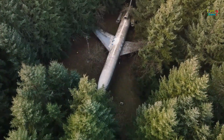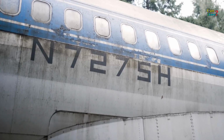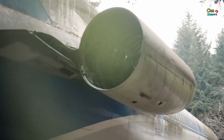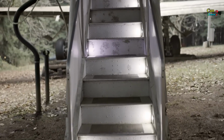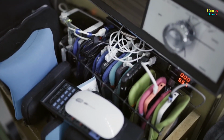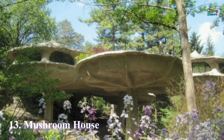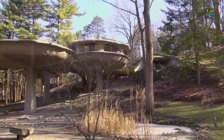The Boeing 727 airliner is quite popular as both a passenger aircraft and a private jet. But what about actually living in one? One man in Oregon has actually bought a decommissioned Boeing 727-200 and converted it into a home. Number 13. Mushroom House. Located in a wooded area around the town of Parksville, New York, this house is comprised